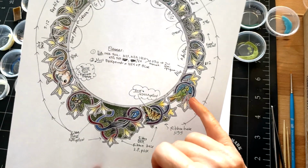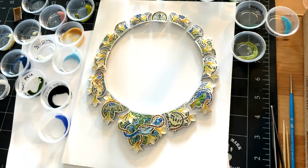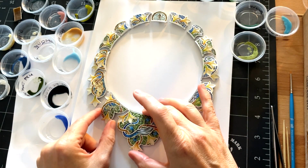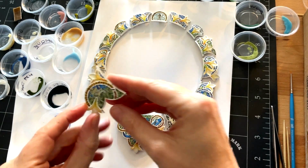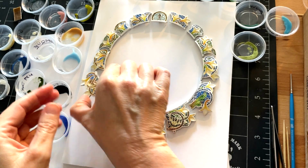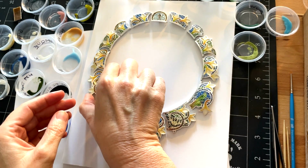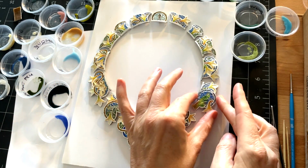I did end up going a little bit more vivid with the blue and the green backgrounds, but I knew I was going to do that anyway. So that is pretty much all I have to say. Now it's just a matter of going through. All the colors, the foundation of the colors, is all laid down. Especially in this area, there's a lot of